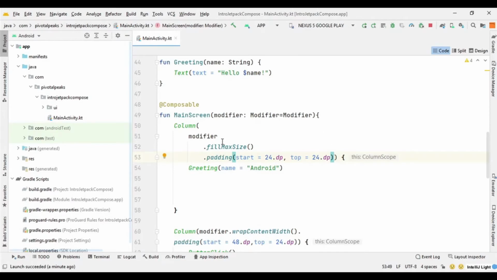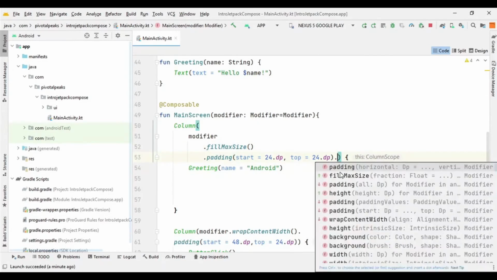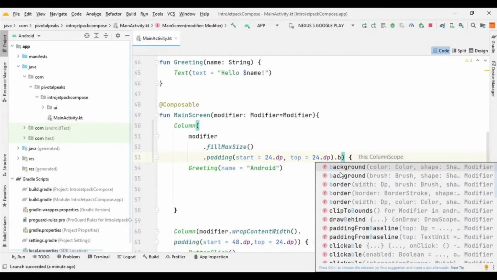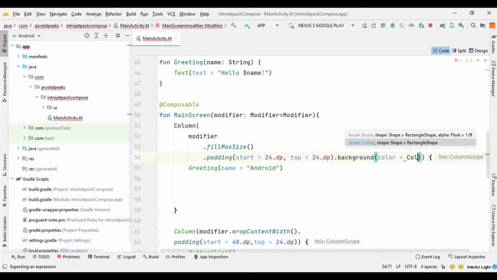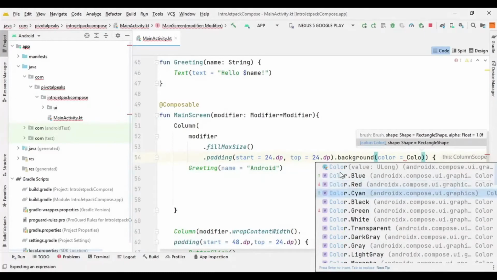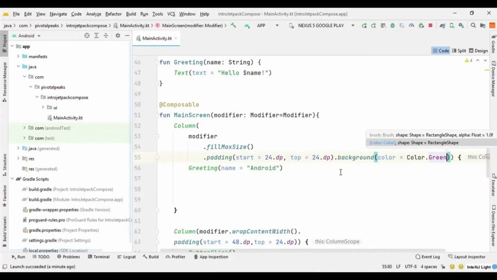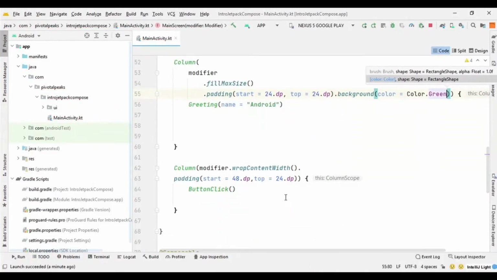It should have taken here. Yeah, so I have to put the dot and then background, and I can say color equals Color dot green, and then for this column we can do the same thing.